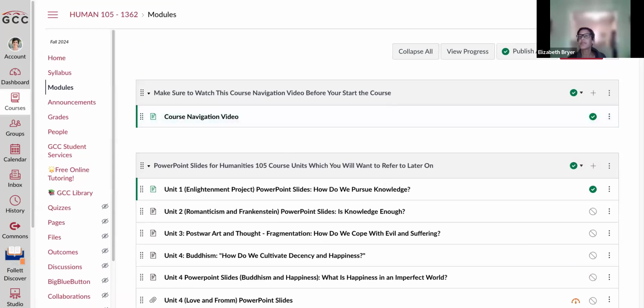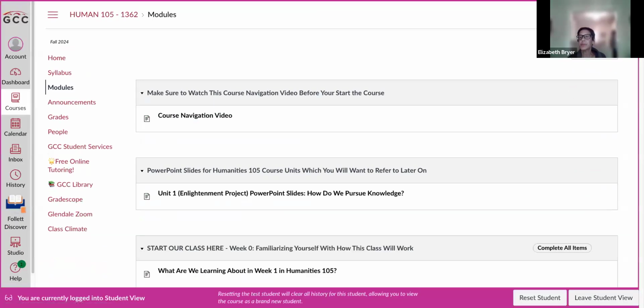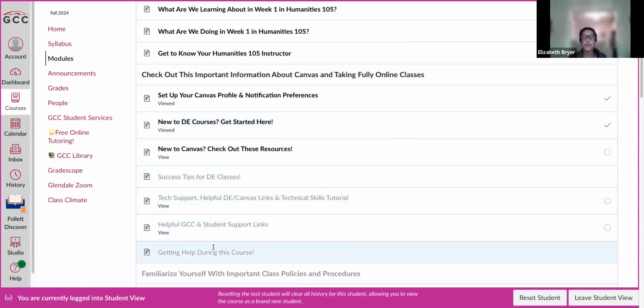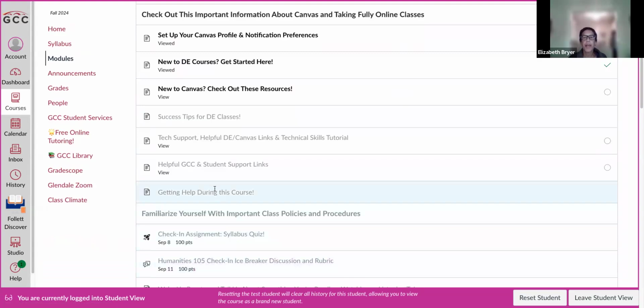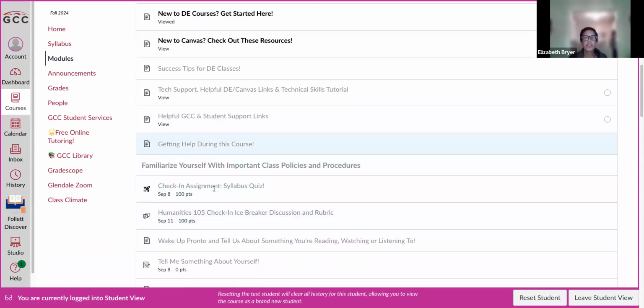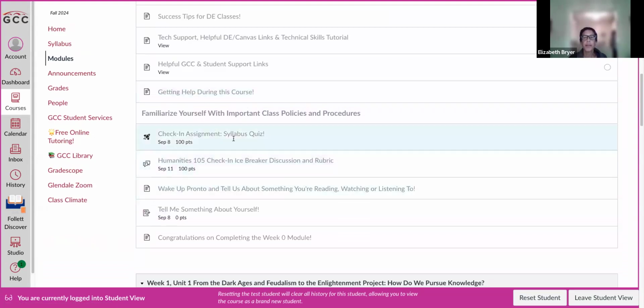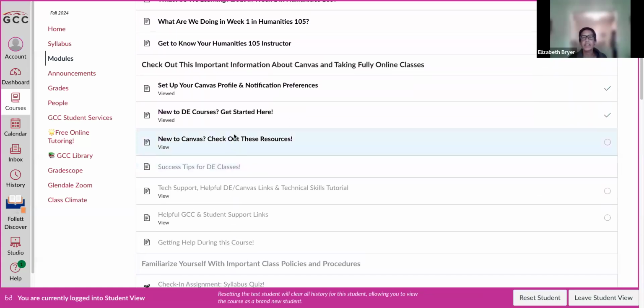If I go to student view, let me see. You still need to go to every page because if you don't, you're not able to jump ahead. Your page is going to look like this. So if you just wanted to go jump ahead to the check-in assignment, it's grayed out and you can't do that. And the reason for that is